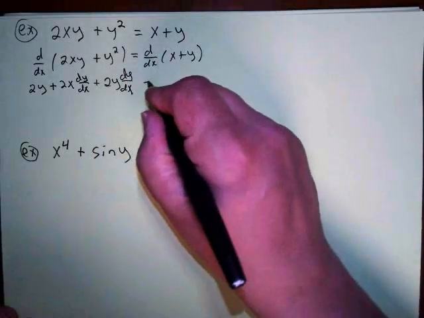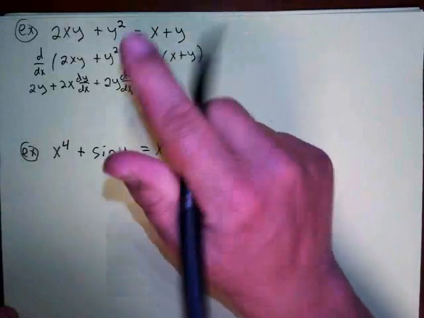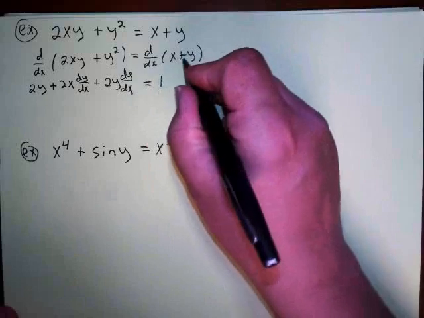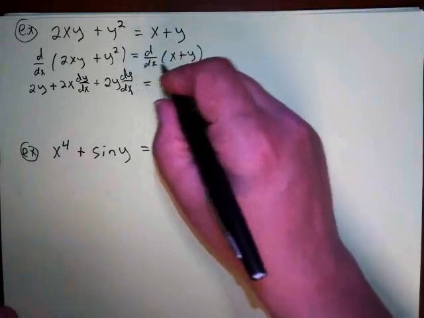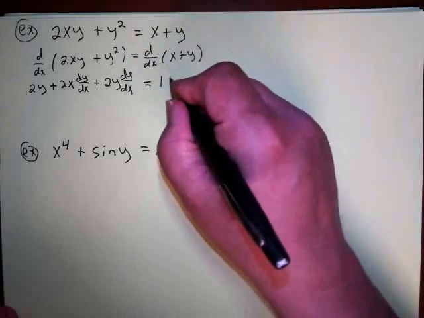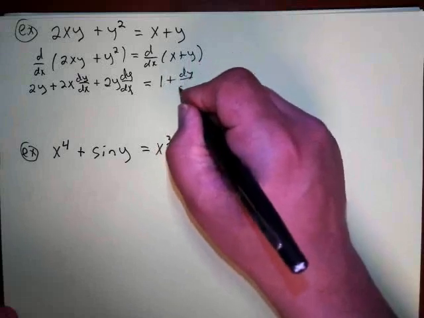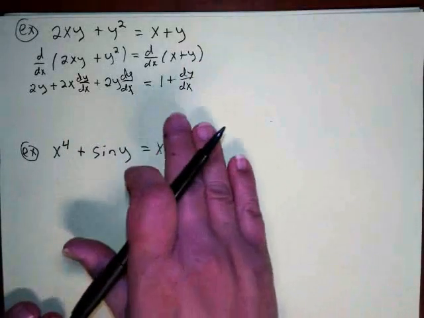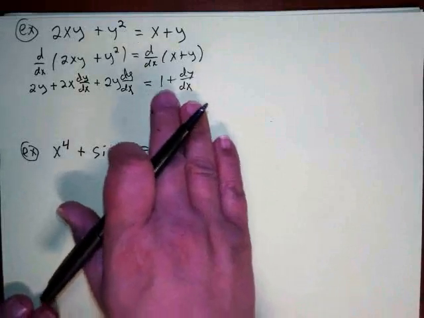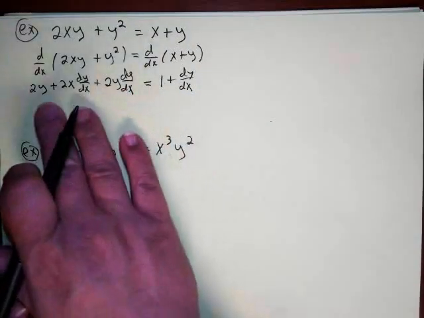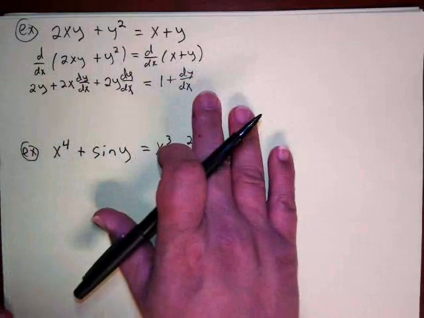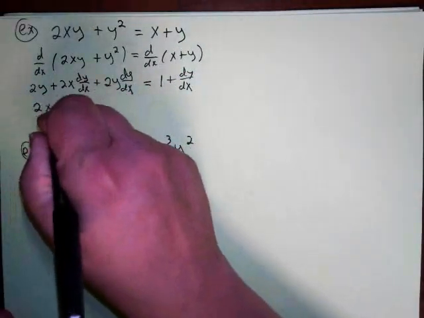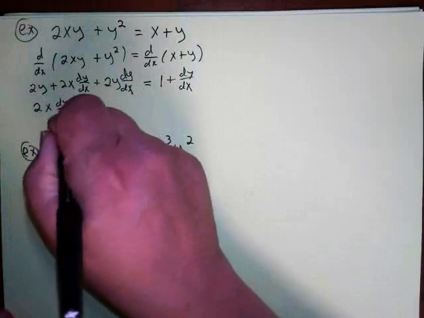And then here, I'm going to take the derivative of the first function of both terms, so that would just be 1 here with respect to x. X with respect to x is 1. And then this would just be dy dx. Okay, so now I'll bring everything with a dy dx to this side and everything without to the other side. So this would be like 2x dy dx